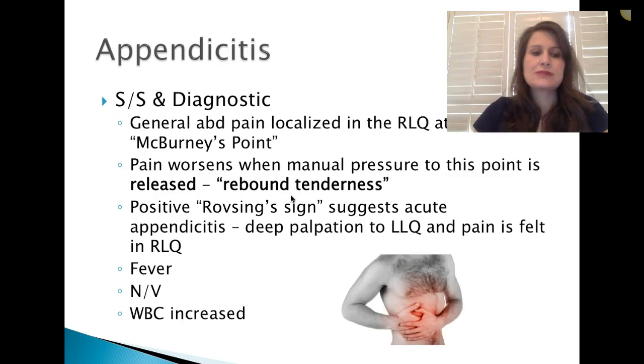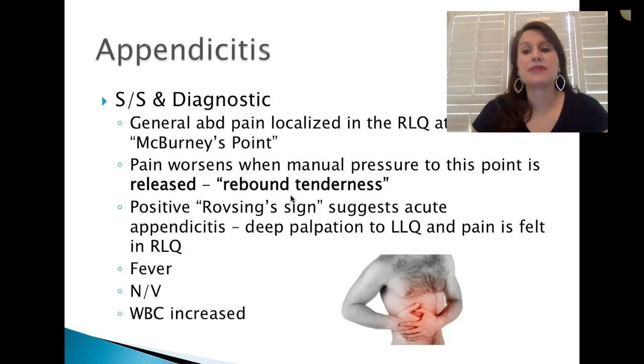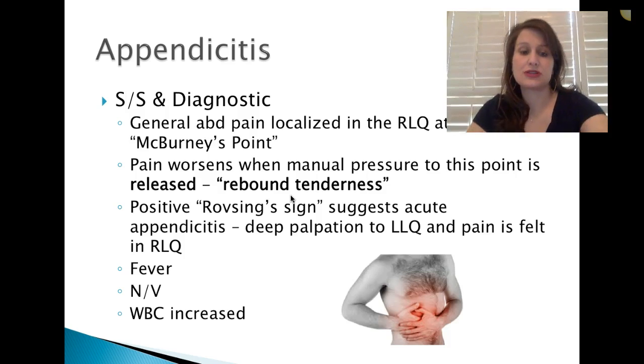Okay, so signs and symptoms. This is something that you're probably going to want to know. Might be a good select all that apply question, something like that on the test. So signs and symptoms, diagnostics. Typically, the first one is going to be pain in that right lower quadrant, okay? And it's called McBurney's point, so positive McBurney's point. Another one is that the pain worsens when manual pressure to this point is released, and we call that rebound